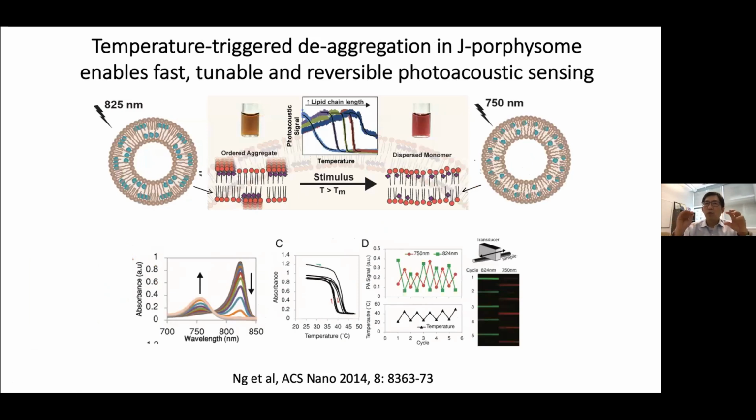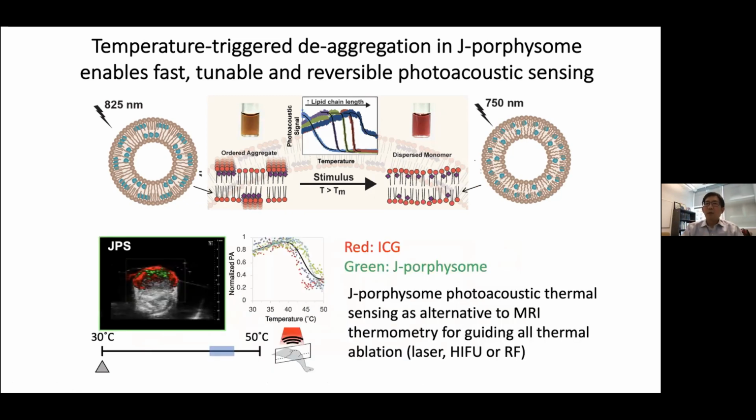And with that, we're able to show these two phases, 750 and 825, can be manipulated almost like computer binary code, 1, 0, as a way to do the stimuli-responsive work. For example, lipid has a transition temperature. If you increase the temperature above the transition temperature, these aggregates will be dissociated, even though the intact structure remains. So as soon as the aggregate disaggregates, you see the 75 nanometer blue shift. And this can be reversible. When we put it in the PCR machine, we can see the 824 is green color, 750 when heated up, the wavelength drops, you go back, you can keep doing this. The reason we're doing this is because we want to create a sensing mechanism, a stimuli sensing mechanism